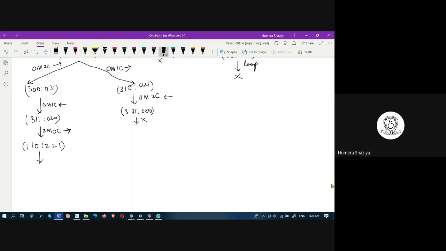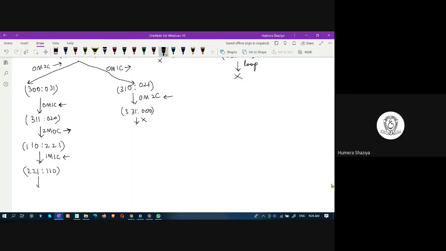Now what? Now one cannibal and one missionary to the left. Yes, ma'am, exactly. One missionary, one cannibal to the left. Then here it will be 2 2 1 colon 1 1 0 0.